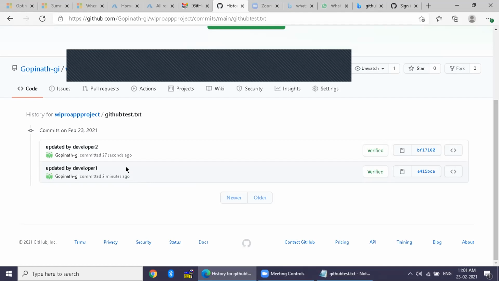Clear? Right? Now, for every code which you commit, every change you make, how are they maintaining a version? They are assigning a specific code number to every commit. You see there is a commit code on the right hand side, A415BC. This is the commit code. Just click that number.